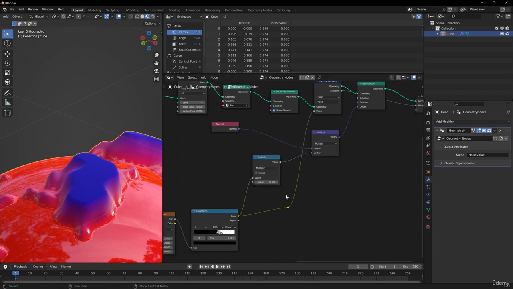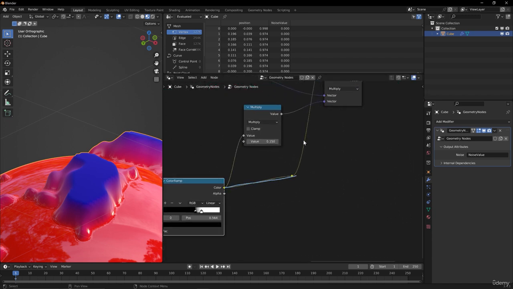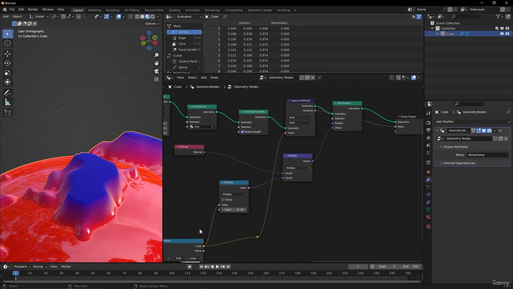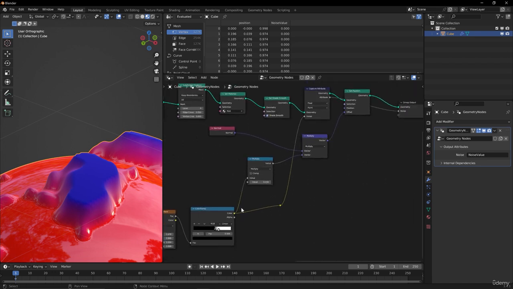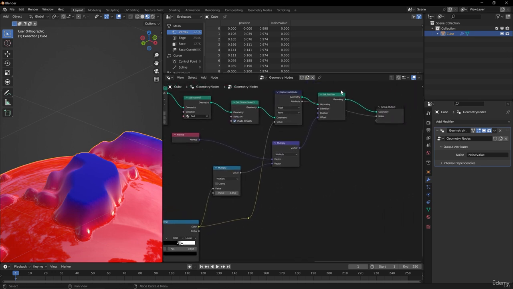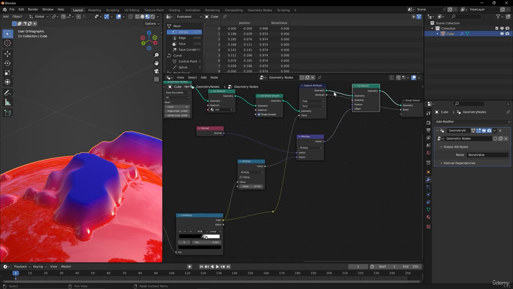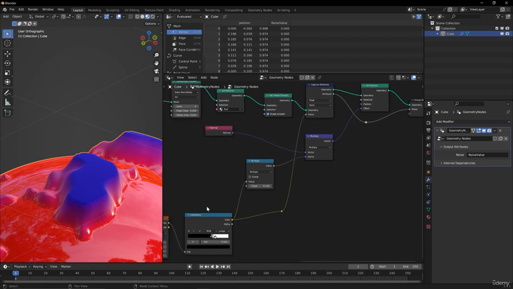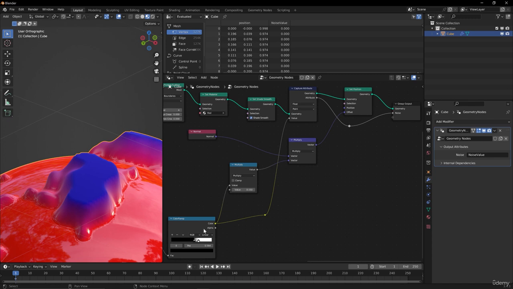So now my values for the noise field come directly out of the color ramp, then move into that capture attribute here. It stores the attribute from the color ramp in its normal position basically, because the set position is afterwards. But the attribute is already captured here and stored, and then bypassed here. It's bypassing the set position directly in the group output. And that's why it's working now, because I'm gathering the information here on the color ramp before I change its